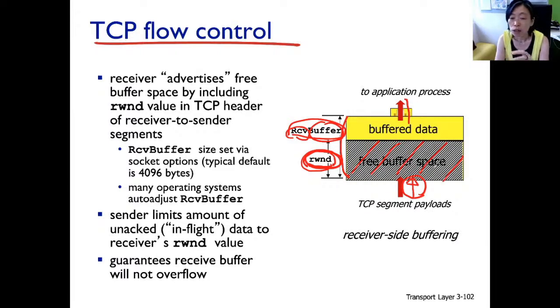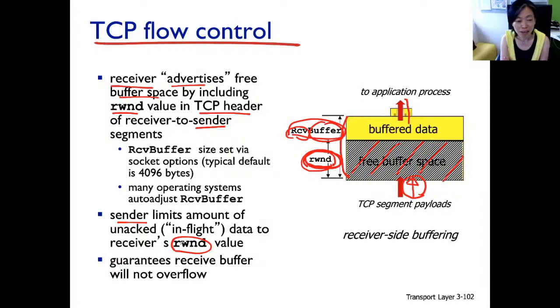Once we manage to track the free buffer space, the TCP receiver will advertise it by including RWND in the receive window field in the TCP packet header, and send it back to the sender. And that's when the sender knows it needs to limit its sending window so that it's smaller than